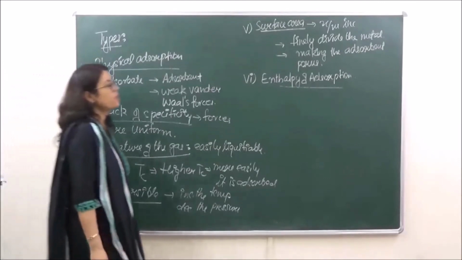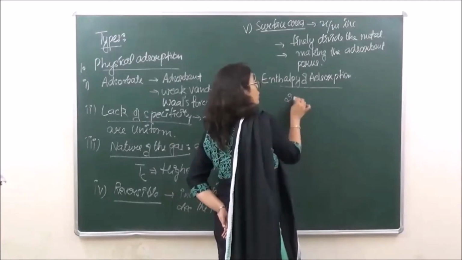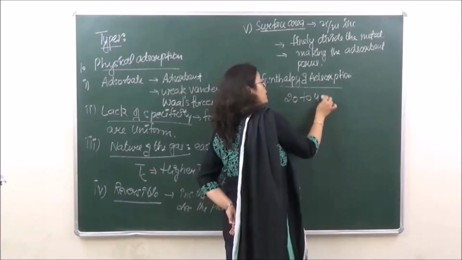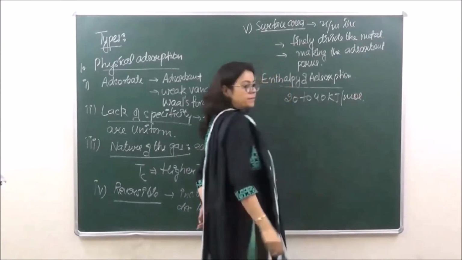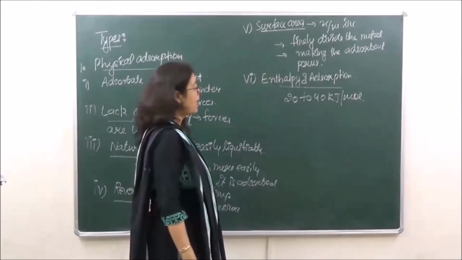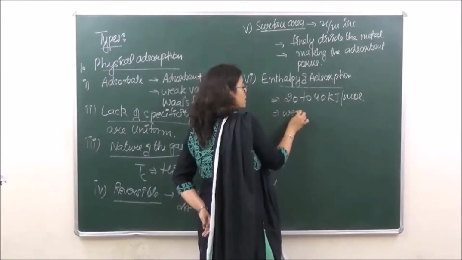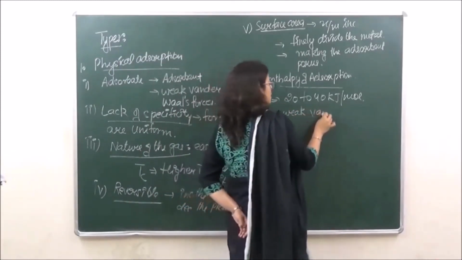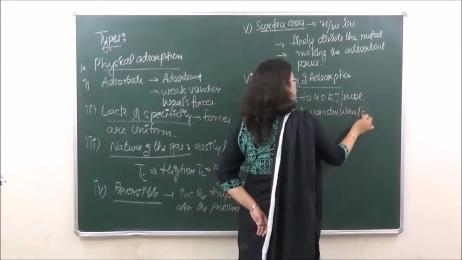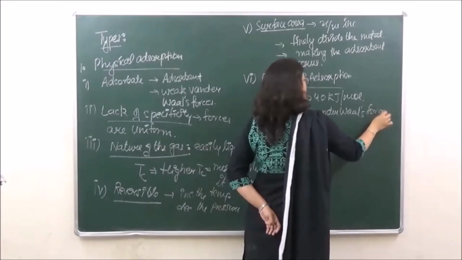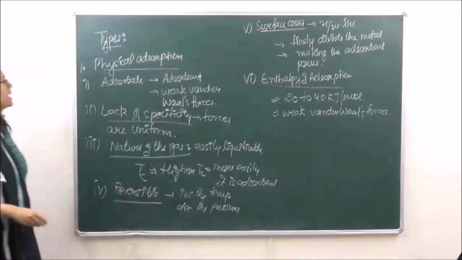So what are we saying over here? That the enthalpy of adsorption is low, that is of the order of 20 to 40 kilojoules per mole. Why is it low? It is low because of weak van der Waals forces. Right? So these are the 6 characteristics of